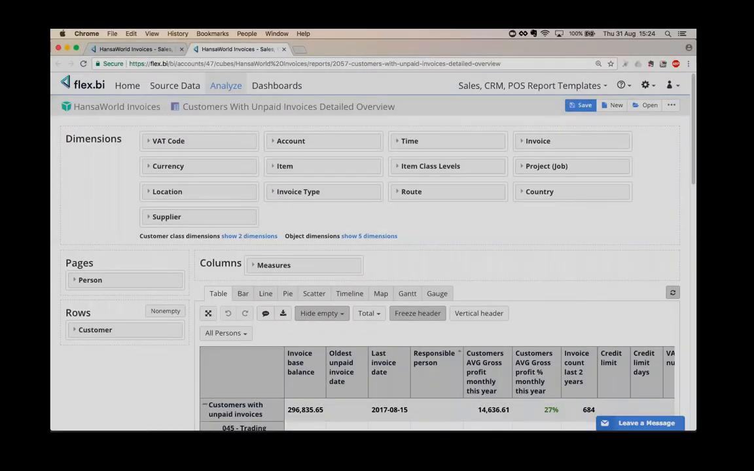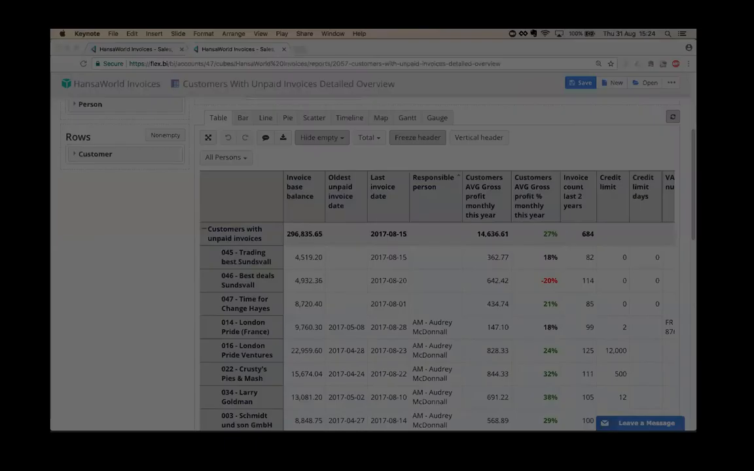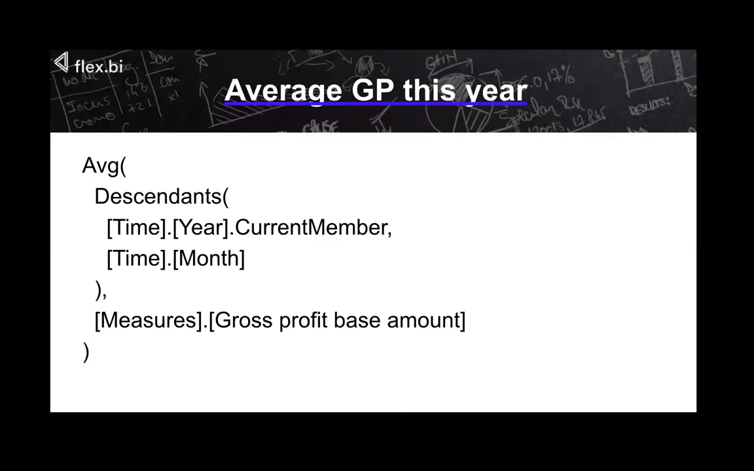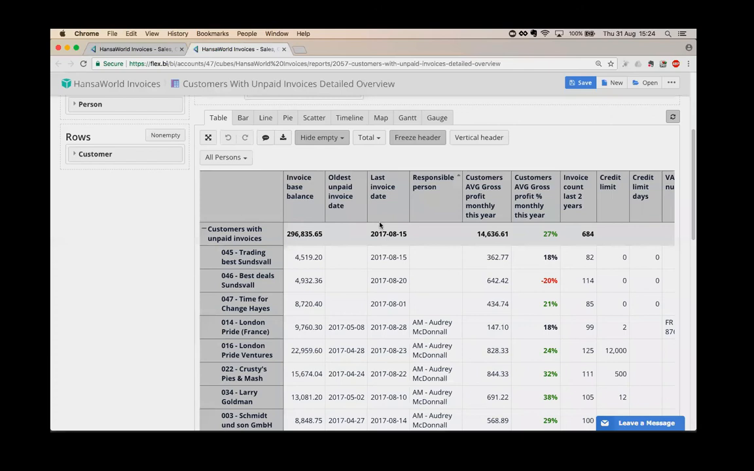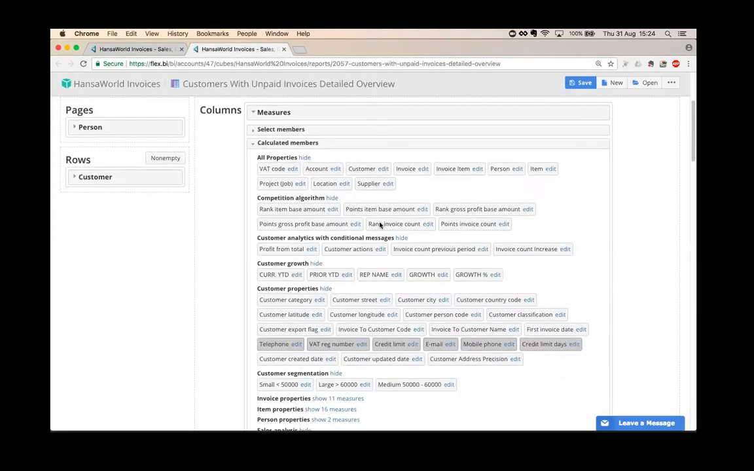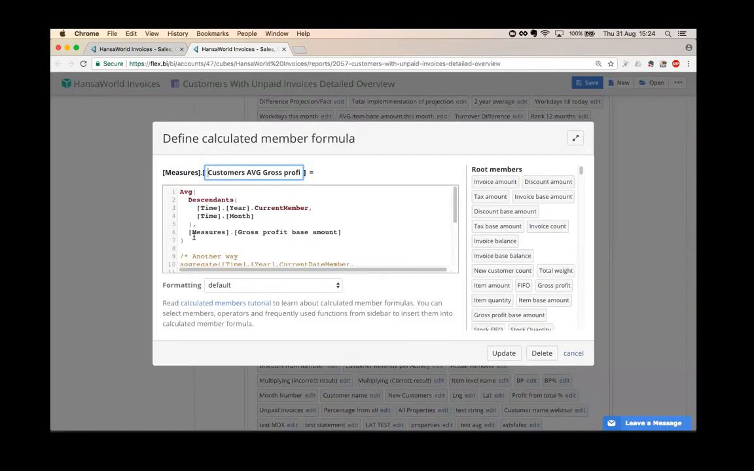This is an example where it is used, everything combined, average GP this year. Let's see, average customers, average GP this year. What it does is it takes all of the months in the current year that is specified into the time dimension,